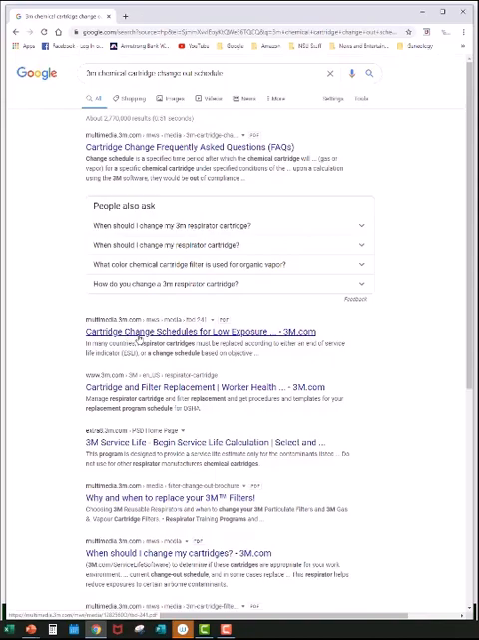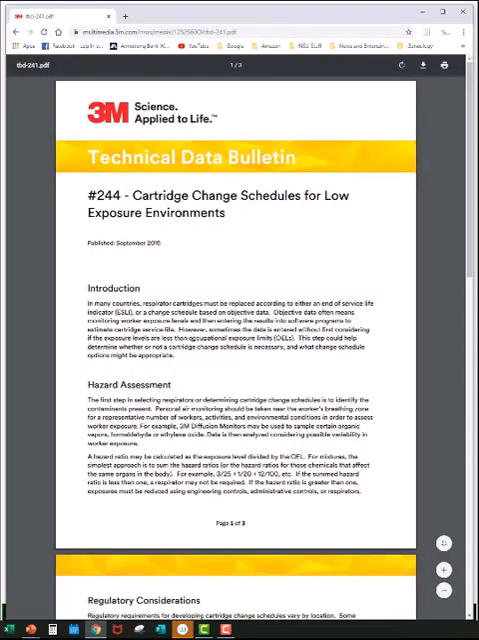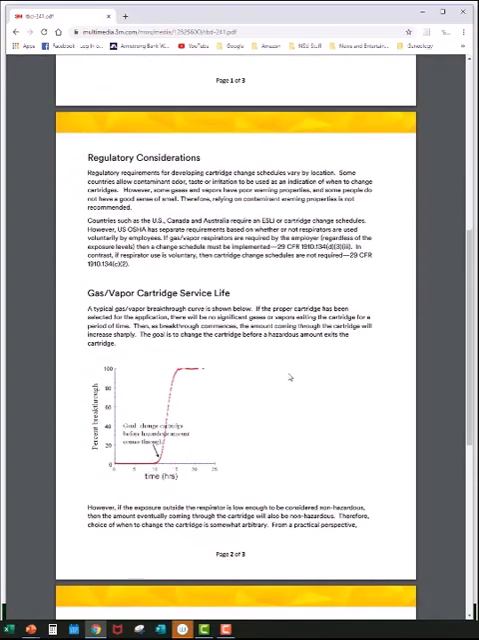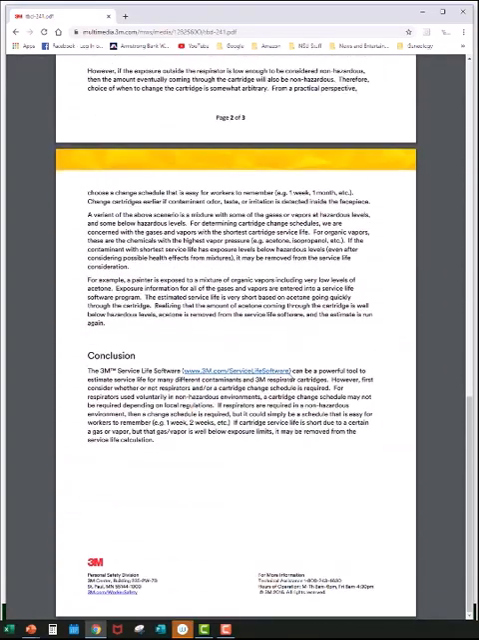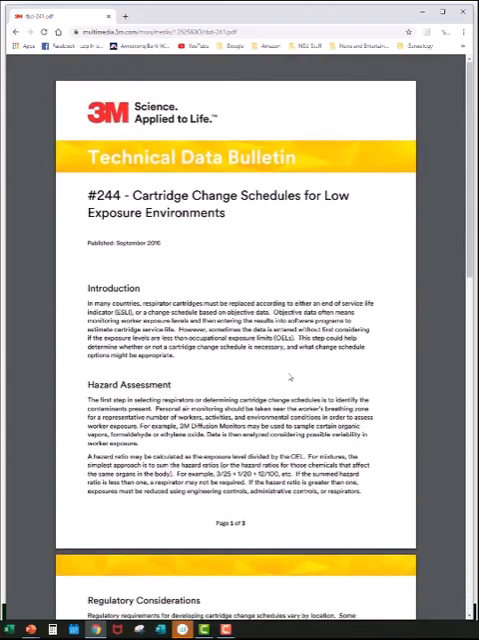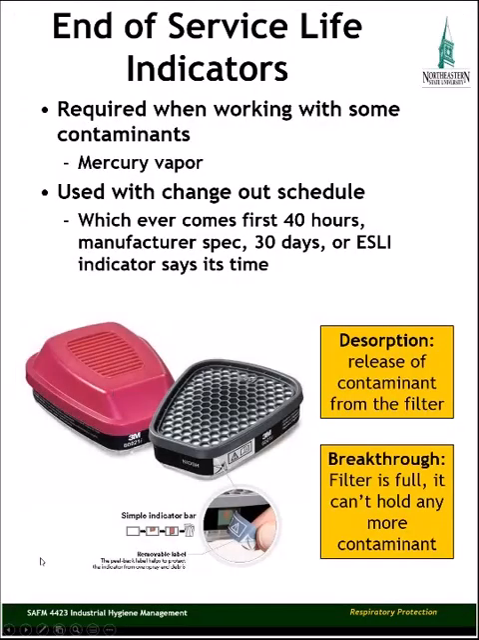Here's cartridge change schedules for low exposure. And here's information from 3M concerning their recommendations. But generally, you're going to be good if you follow the manufacturer's recommendations for change-out intervals. All right, on that note, I'm going to go ahead and end our discussion of